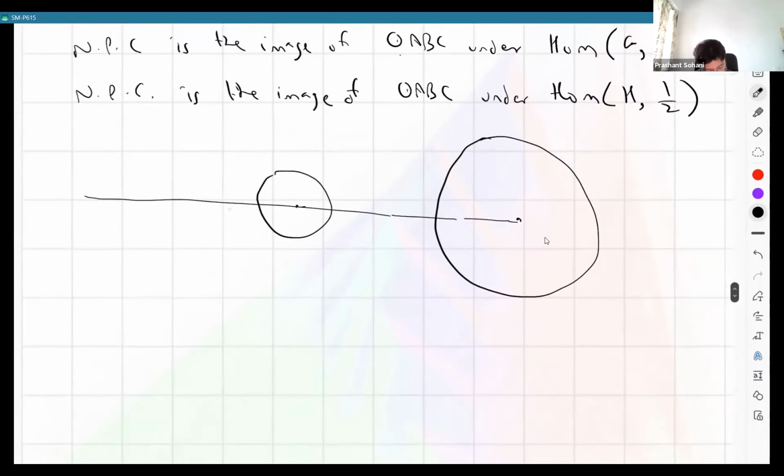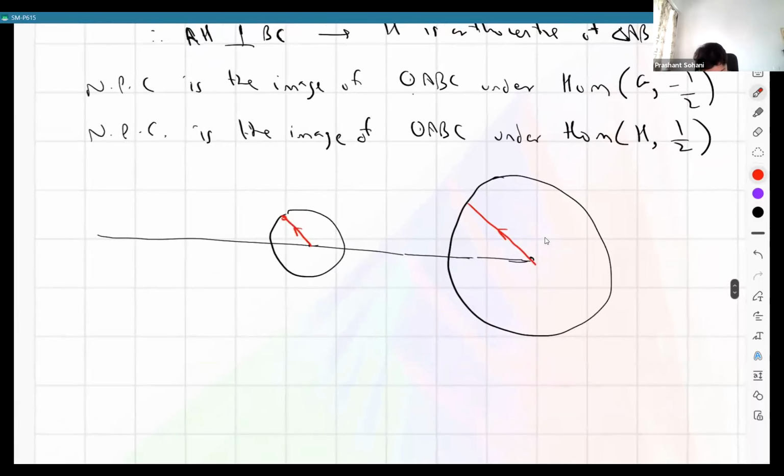So if I join these two, in fact, there are so many ways to do it that you can probably just take any two parallel radii. So if I take two parallel radii and if I join these two points, wherever they intersect the line of centers, I can choose O as the center of homothety, and suppose I call this radius R1 and radius R2. Okay, then I would say I'll leave it as a proof for you to prove that